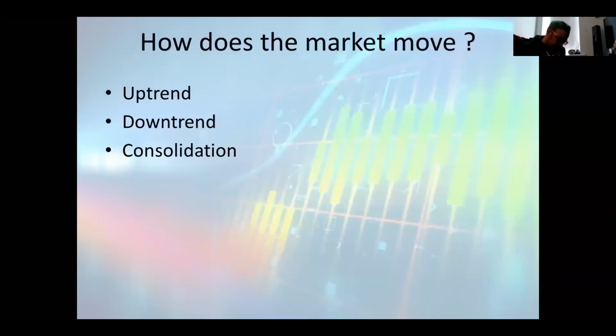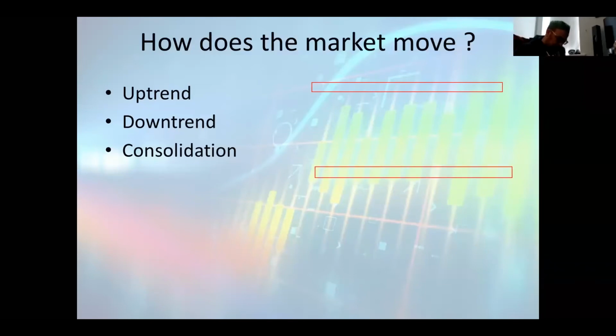Let's say we have a resistance and then we have a support, right? And let's say this range is around 25 pips, right? And price is moving within this range, like this or like this, you know, price moving within this range. So now if someone gets a bright idea that they want to take a